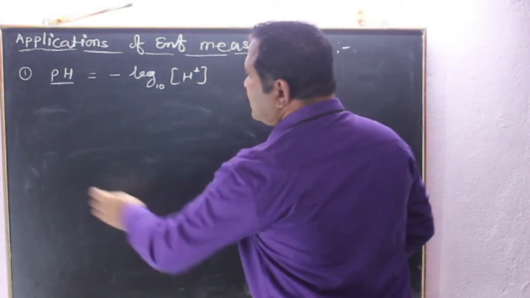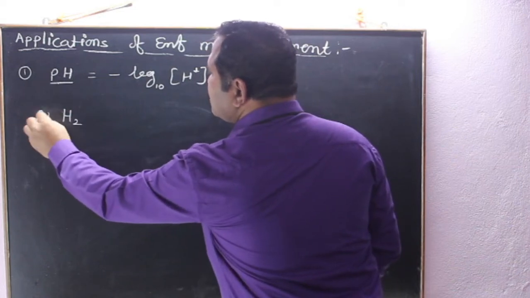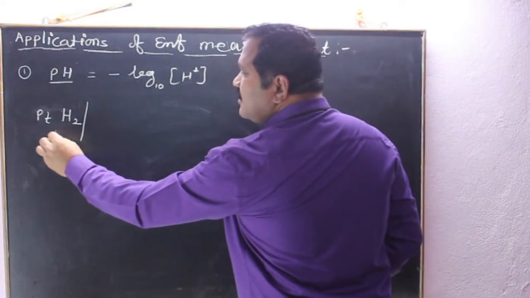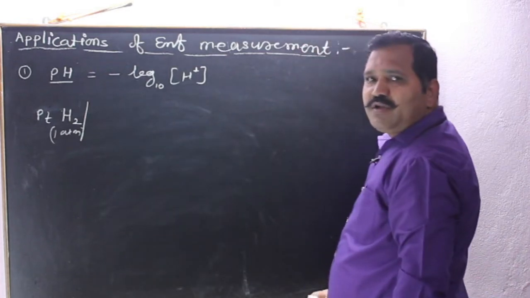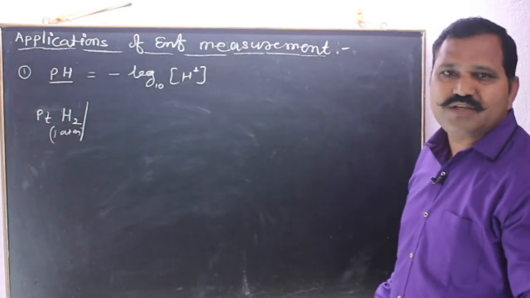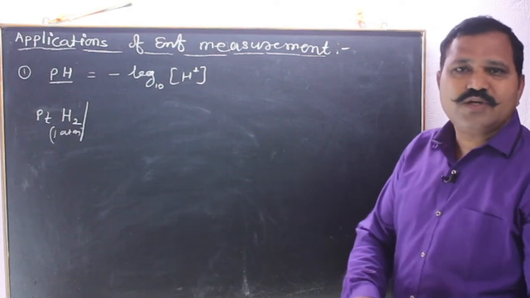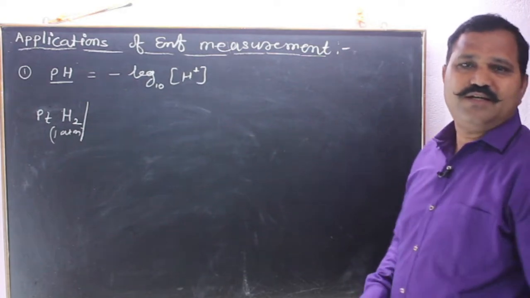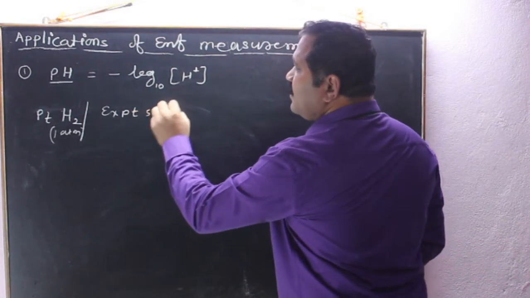This means to determine the pH of a solution, we have to prepare an electrode like platinum, H2, with hydrogen at 1 atmospheric pressure. This hydrogen is bubbled around a platinized platinum plate through the H plus ion containing solution. This H plus ion containing solution is nothing but our experimental solution whose pH is unknown or has to be determined. Here, an experimental solution of unknown pH,